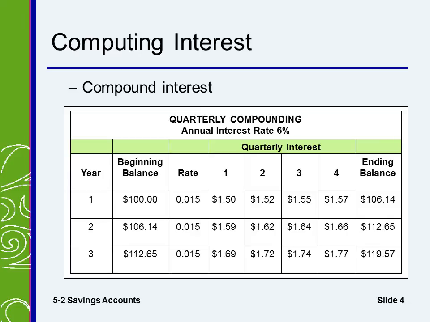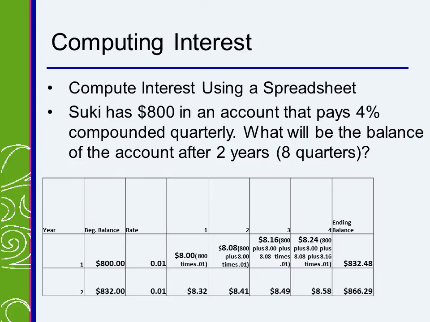A lot of times an Excel document where you can put in the formula will help you calculate these things much easier. Here's an example. If Suki has $800 in an account that pays 4% compounded quarterly, what will be the balance of the account after 2 years? Remember, that is for 8 quarters. So you can see on the chart here, I've taken the $800 and multiplied it by my interest rate of 0.01, which gave me $8 for my first quarter. For the second quarter, I took that $800 and added the $8 from the first quarter, then multiplied it by 0.01, giving me $808. And then you can see the third and fourth quarters are also adding all